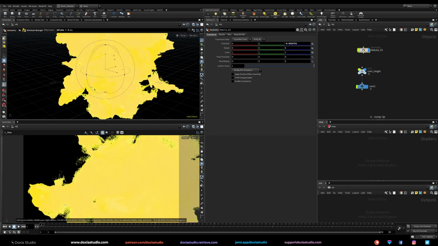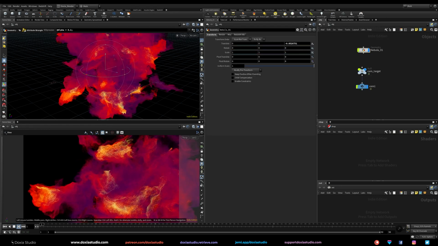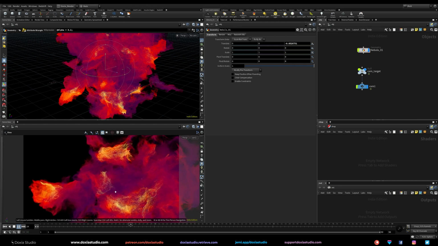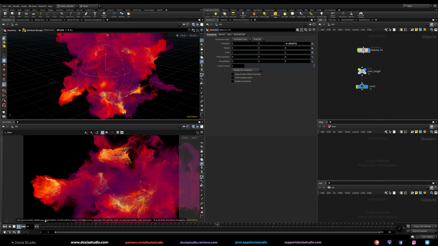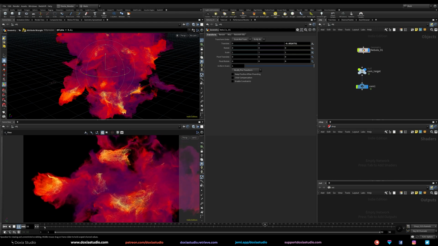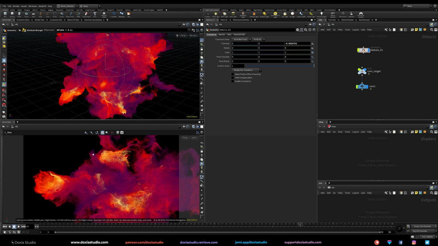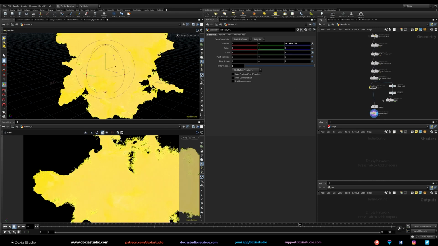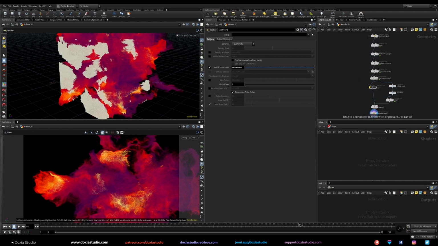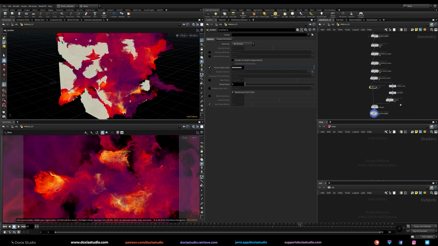So let's see how it looks now. I think it's pretty cool. We have those ghosts, or flames going around. That's cool. And now we are missing the background one. Let's link this here. And the background might be off because we changed the camera a lot. So let's see where the background is.